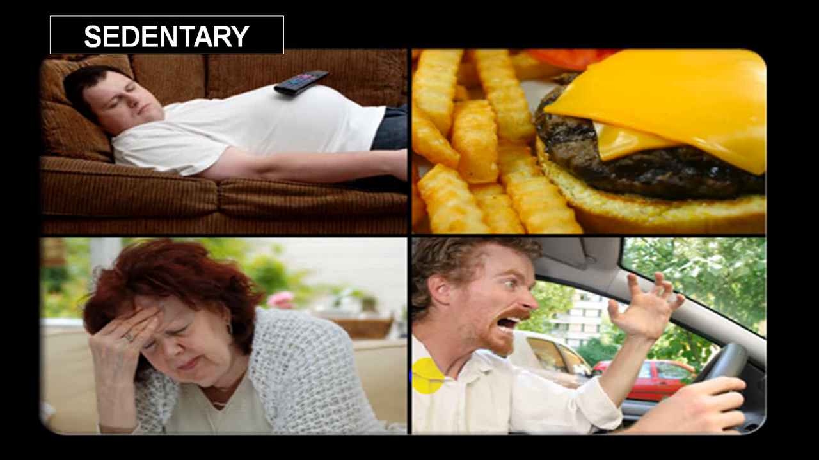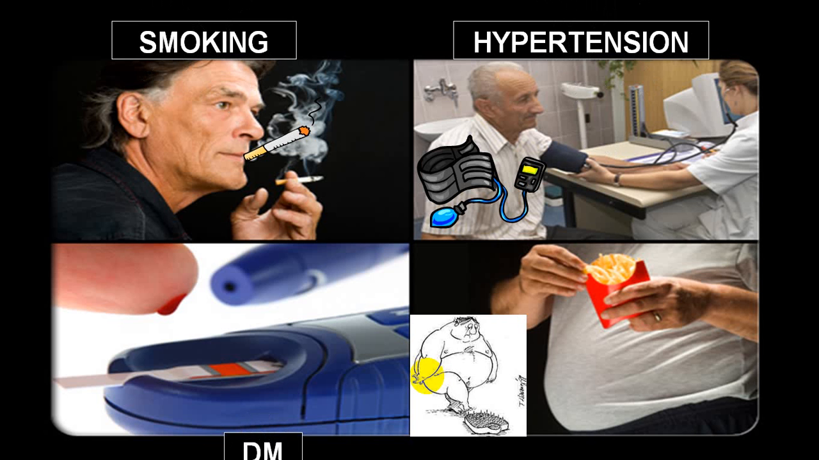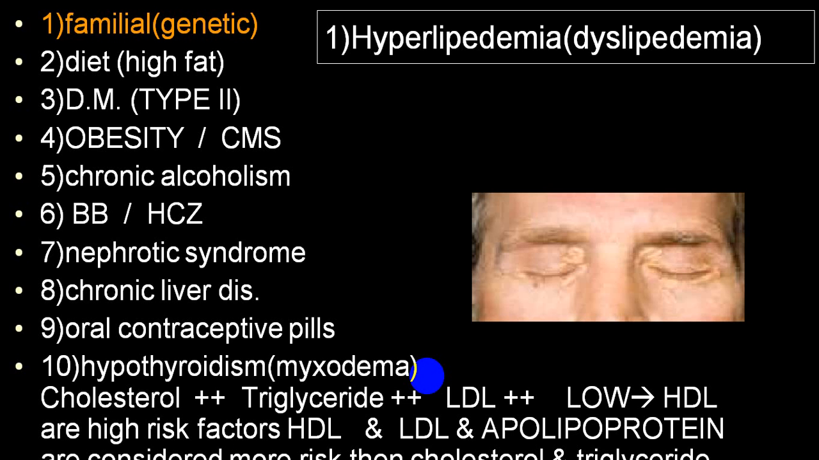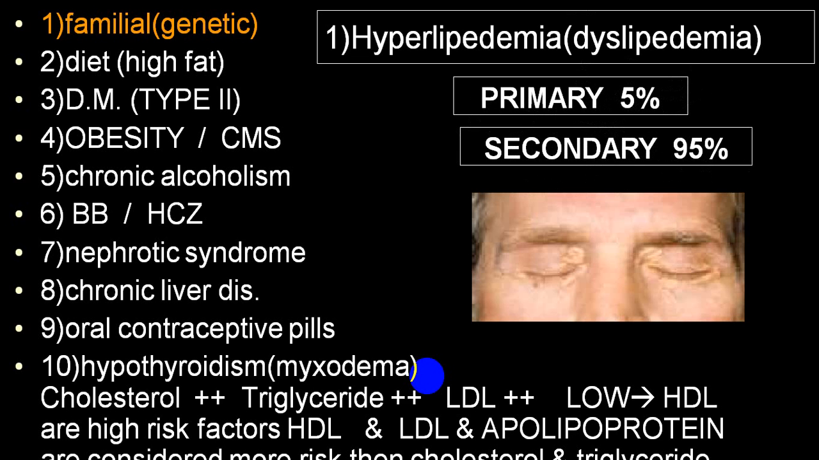All these risk factors: sedentary lifestyle, diet, anxiety, stress, anger, smoking, hypertension, diabetes, and obesity are the most common risk factors. Hyperlipidemia we have discussed in detail in the chapter of hyperlipidemia; go through it at your leisure time. So we divide it into two big groups, familial and acquired. Familial accounts for only 5%, which we call primary, and the secondary group will be 95%,